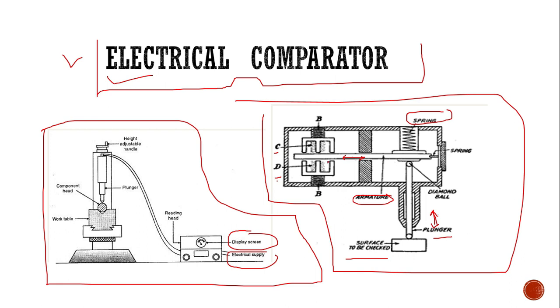And now what will happen? See, if there is any vertical movement of this plunger, what will happen? This distance will change. Now when we use this standard object, instead of the surface to be checked, we have to place it here, and balance this armature in this way, so that electrical parameters can be well maintained at specific values. What electrical parameters now?